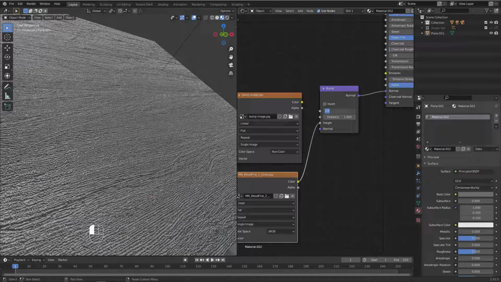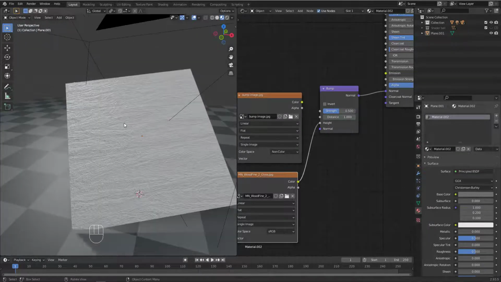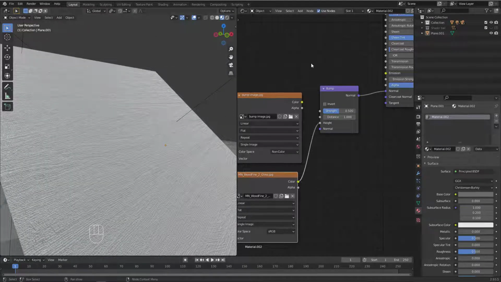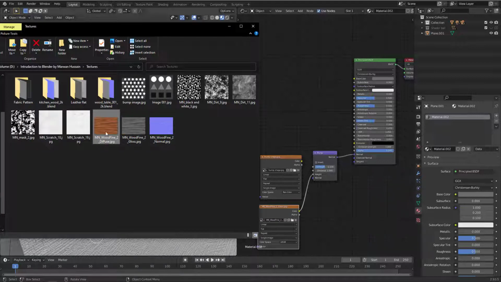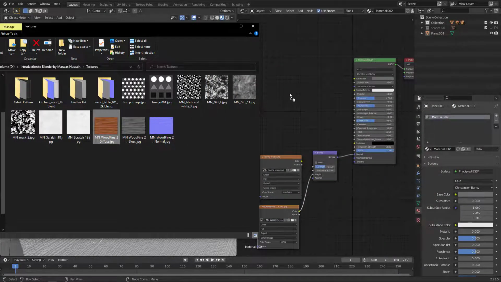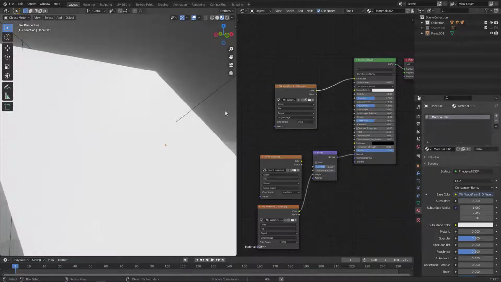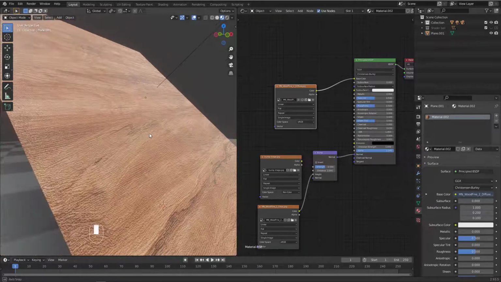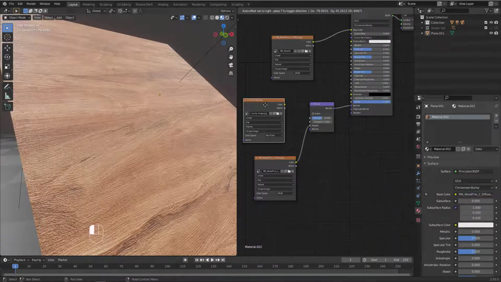I will take this back to 0.5 to make the effect a bit less. Now I can create good material, especially if I add the base color as well. Let's take this image and plug it to the base color right here. Okay, now the texture is more believable because we have some height, but the height is a